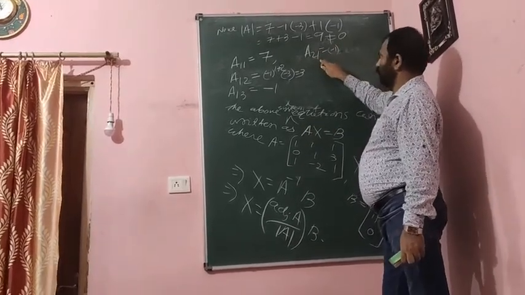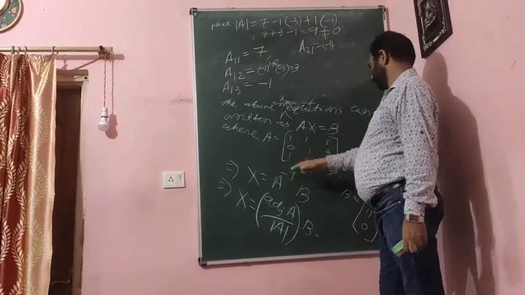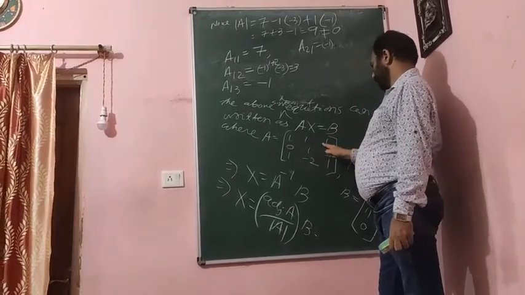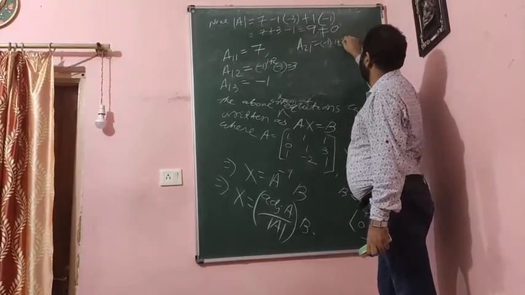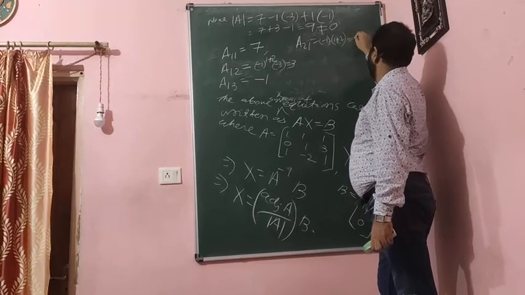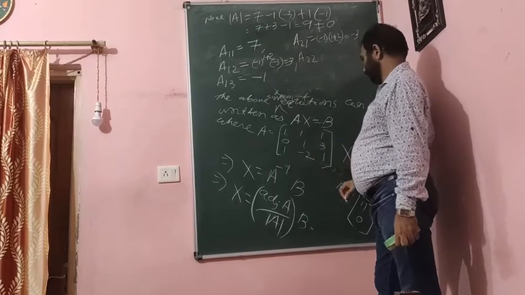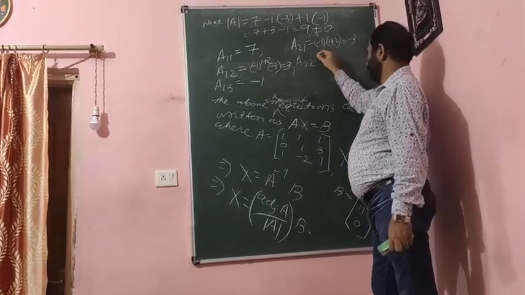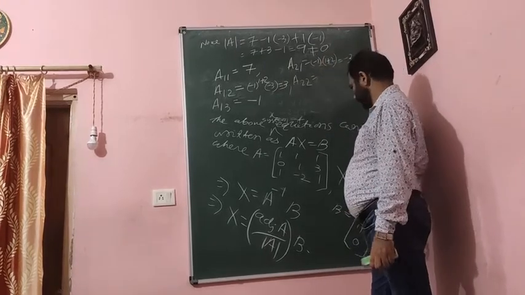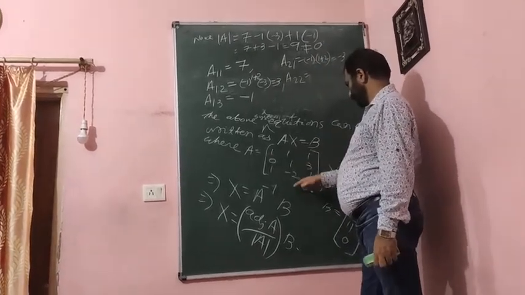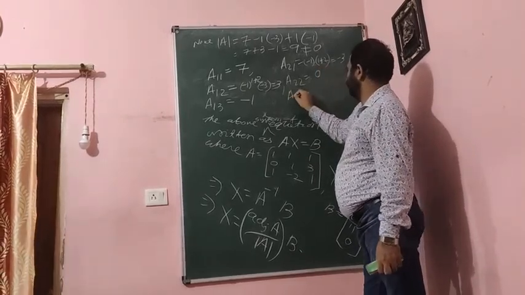To the power 2 or 2 plus 1, it is 3, meaning it is negative. Here, you omit this, you will get 1 minus minus 2. That is 1 plus 2, that is 3. So here you will find minus 3. And here A22. I will get A22, it is positive. The sum is even, so it is positive, minus 1 to the power even is plus 1. And here you omit this, you will get 1 minus 1, it is 0. What is A23?